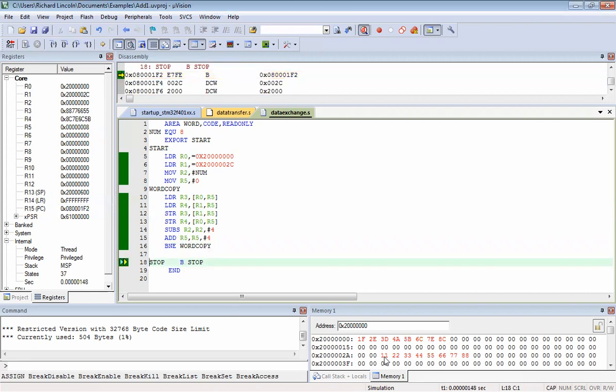So whatever data, 11, 22 till 88, whatever we had in R0's location, has been transferred to R1's location, and R1's data has been transferred to R0's location.